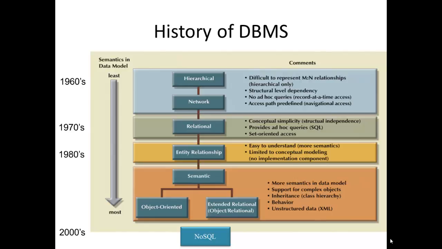Then in the 1980s, object-oriented database models start to appear, and then in the 2000s, we've got an expansion of systems which come under the NoSQL banner. SQL is the standard query language for relational databases. NoSQL is saying that this is a database that doesn't use SQL, isn't relational. And as we'll see, a lot of these NoSQL databases are modern versions of the hierarchical and network databases that originated